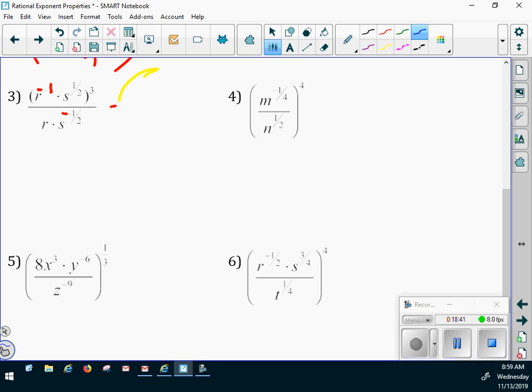See, I didn't see this negative here. I got a fraction. Separate them. Do them separately. You can just separate them mentally. When I raise a power to a power, what do I do to the powers? Multiply. What's negative 1/4 times 4? Negative 1. So it's going to be m to the negative 1